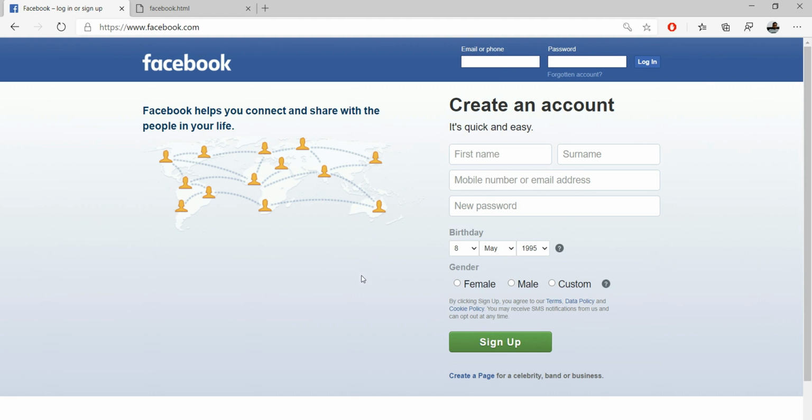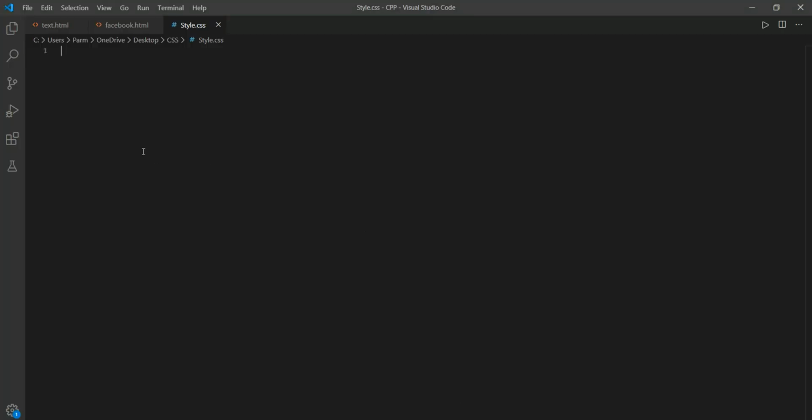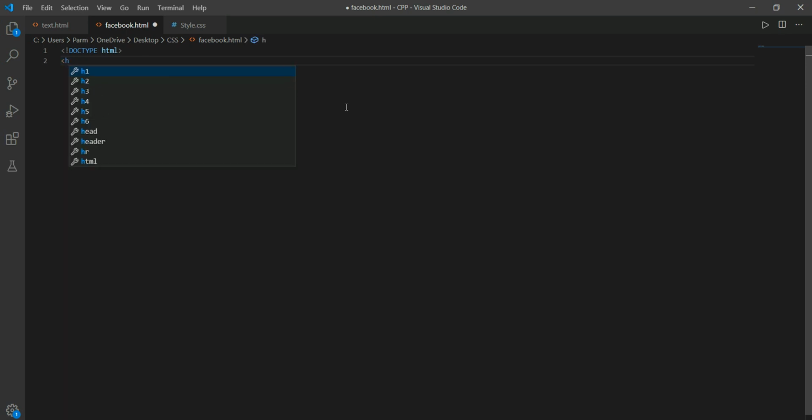So for this I have to open our Visual Studio Code, and here I have already created a file with the name facebook.html, and I am using the concept of an external style sheet. For that I have created a file with the name style.css, as we already know how to do that. So here we go with the doctype declaration, then we make the HTML, then in the HTML we write our head section.